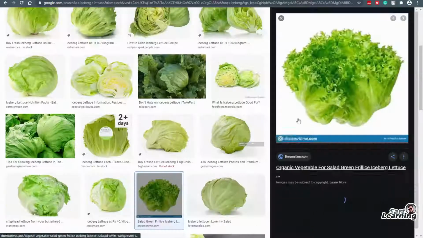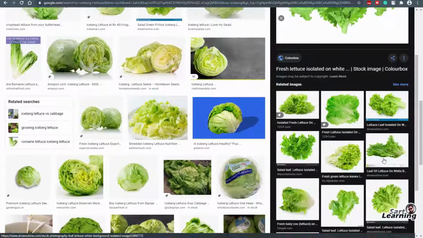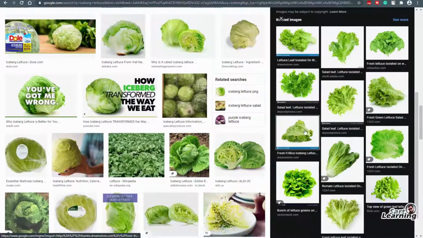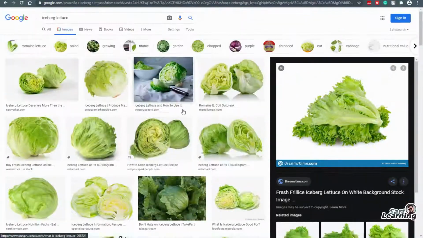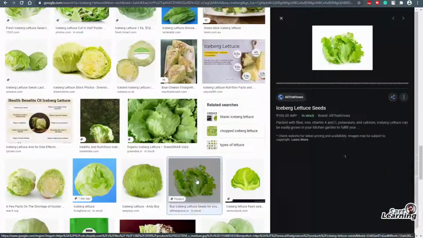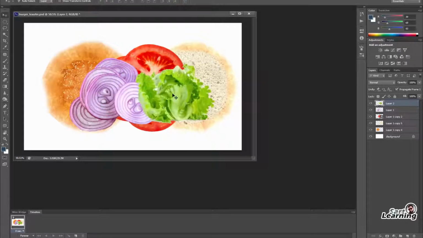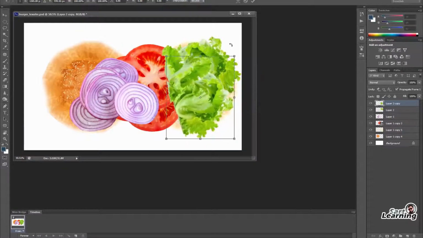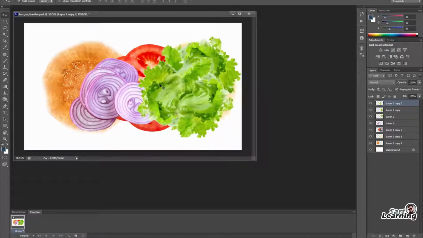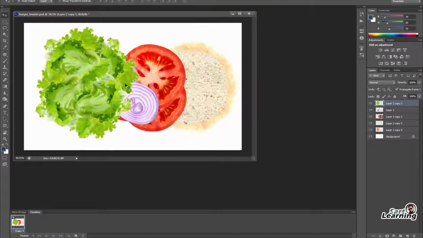Now the lettuce part, you can take a PNG or you can take any image, remove the outer part of the lettuce color. So I think we need some fluffy. Yeah, this is fine. Copy this, paste, remove the white background, increase and duplicate with the help of Ctrl J or Alt drag. Copy it and make the round texture of this lettuce.